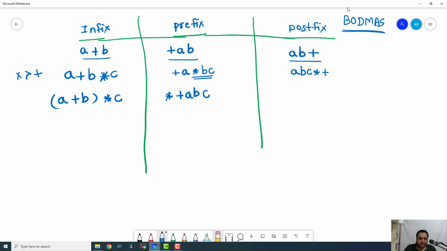Similarly, we can write the postfix. So a, b plus and c multiplication symbol. So this is the postfix of that entire expression. Now you have realized how these brackets can change the meaning of the entire expression when introduced. Now let us go ahead and see a few examples of a bit more complex infix expressions and how we can compute the final output and how we can compute the prefix expressions and postfix expressions. So let me go ahead and clear the screen.